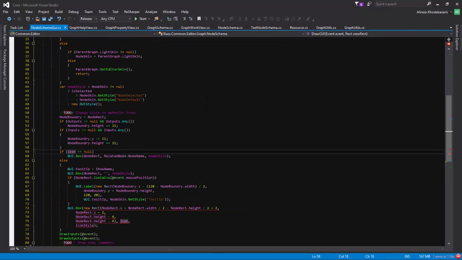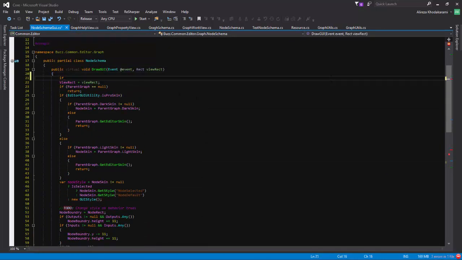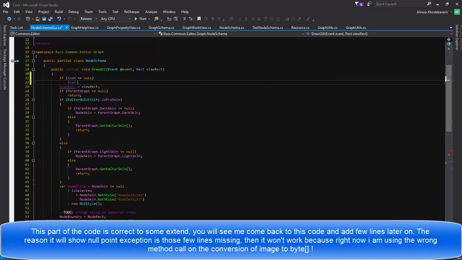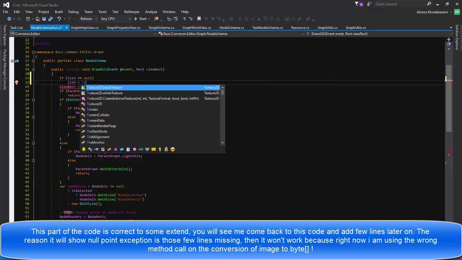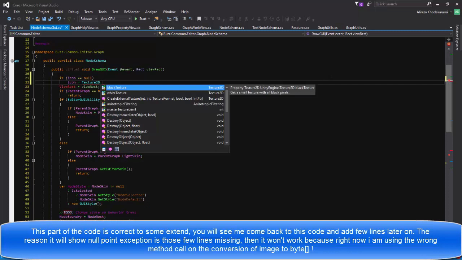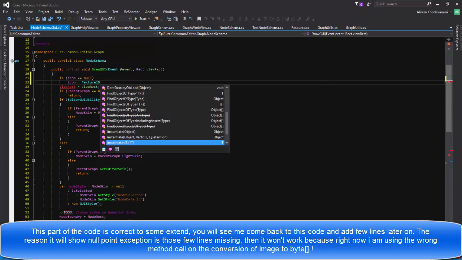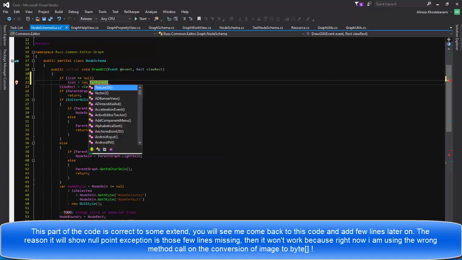At the start of everything, I will say if icon equals to null, then I will say icon equals to new texture 2D,